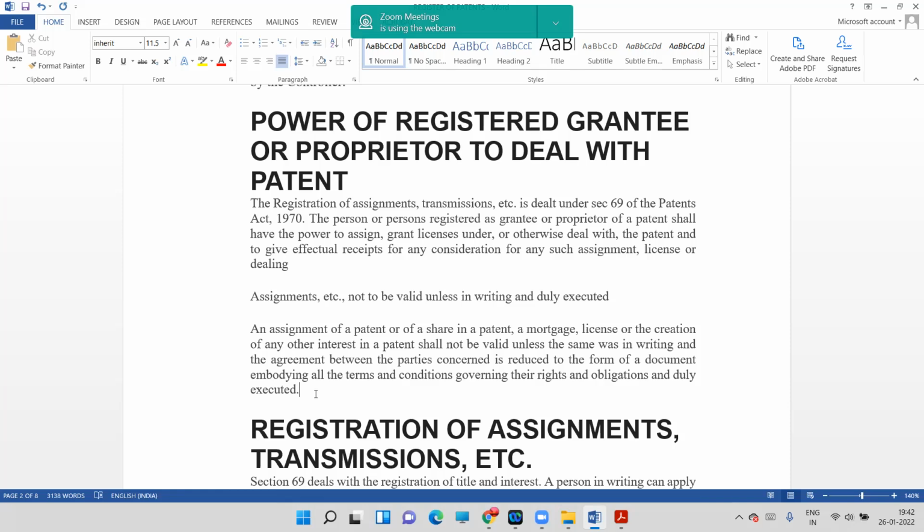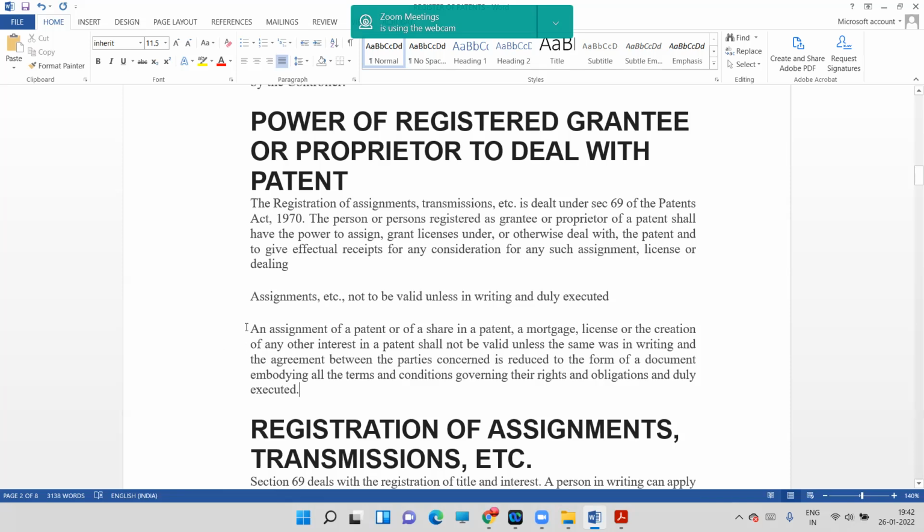ठीक है। अभी आप सोच रहे होंगे पहले कि मैडम नीचे से क्यों स्टार्ट कर रही है। मैंने नीचे के पेज से ऊपर की तरफ स्टार्ट किया था। क्योंकि अगर मैंने पहले सेक्शन 67 पढ़ा दिया होता तो आपको डर लग जाता। फिर क्या होता है कि चीज डिफिकल्ट लगती है।